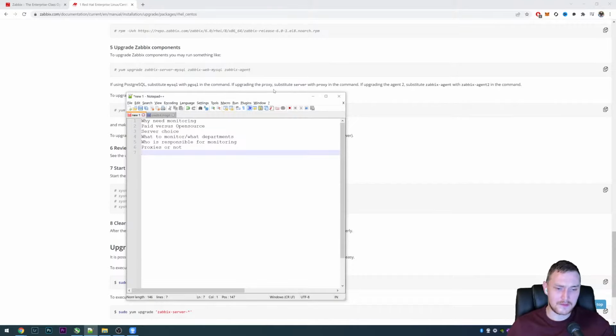It heavily depends on the size of the company and also the location of the company. The country where I am from, which is Latvia, Riga, headquarters of Zabbix, the scale of the average company is pretty small.